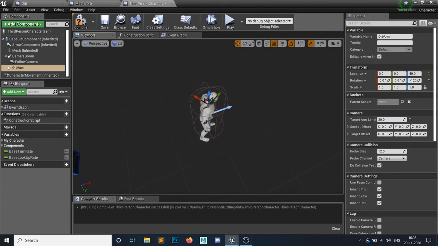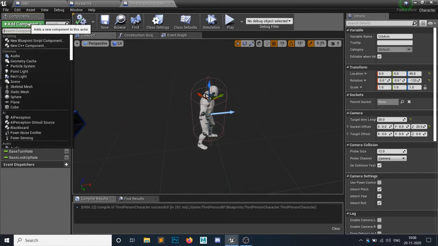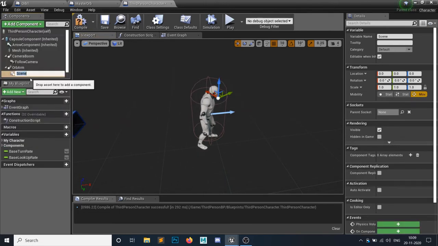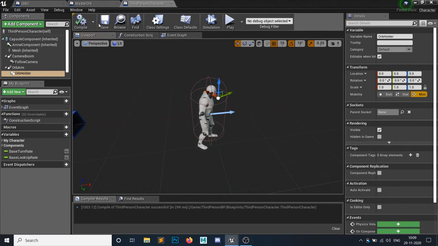Okay, so as you can see, it looks something similar to this, and my offset would be 20. So now it is something inside here which is perfect, and at the end of this arm I want to add a scene component, and I'm gonna call it orb hold. Okay, hit compile, save, and we are done.